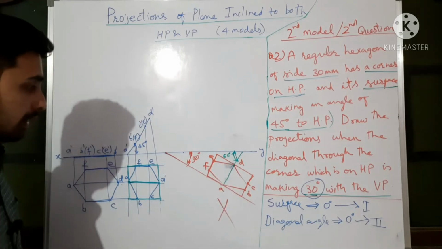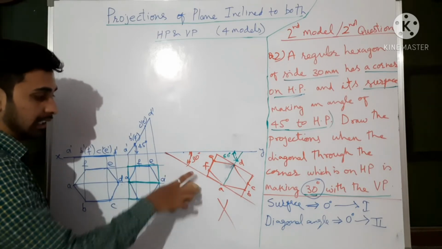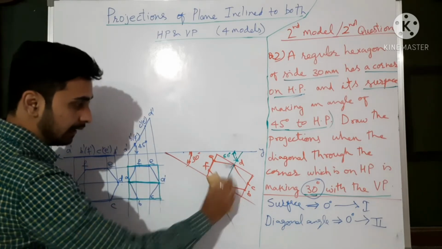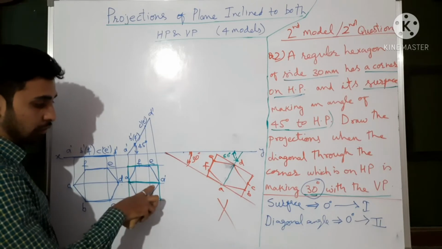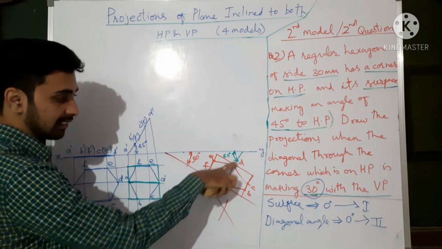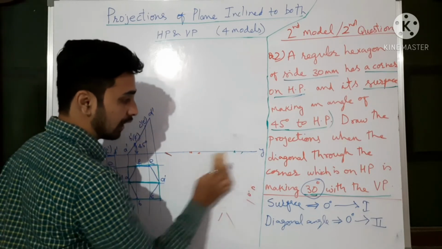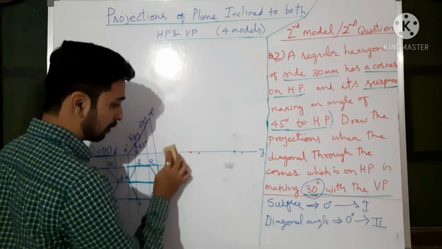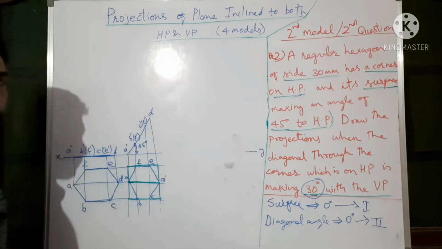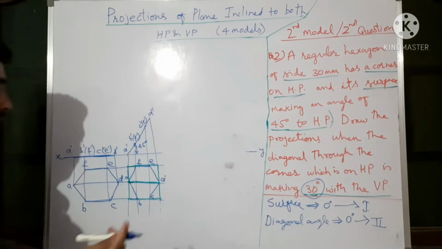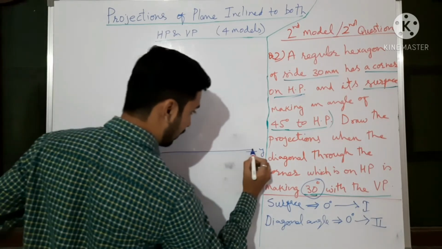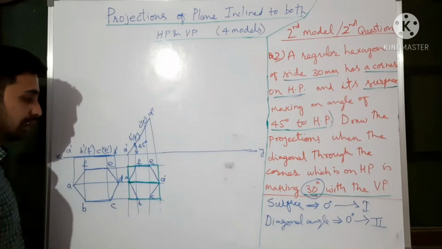So let us try to solve the correct one. If you take 30 and shift this diagram here, the actual diagonal AD should be at 30. Now the actual diagonal AD is coming at 60 degrees if you do it like that. So how to transfer the box? Now we will solve the correct one. The common mistake you should not repeat. You should not be common, because we are very special. Let us see the correct one.